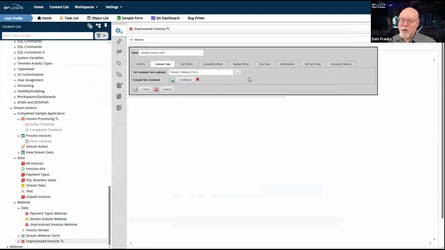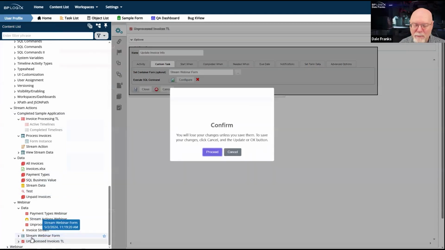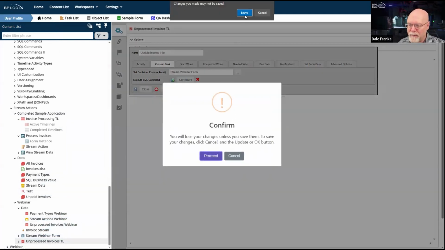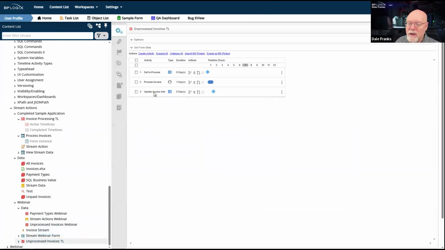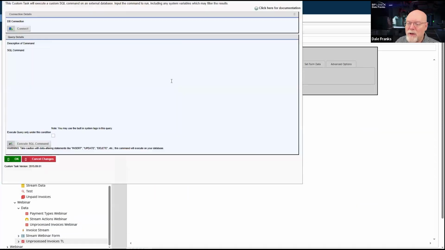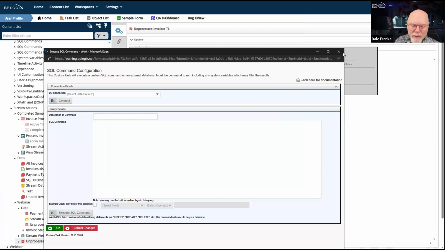So I'm not sure why that didn't happen. So let's not save anything. Let's just back out of this. So I should not have saved any of that configuration. I'm going to check just to be sure that I have my original SQL statement here. I have no SQL statement at all.